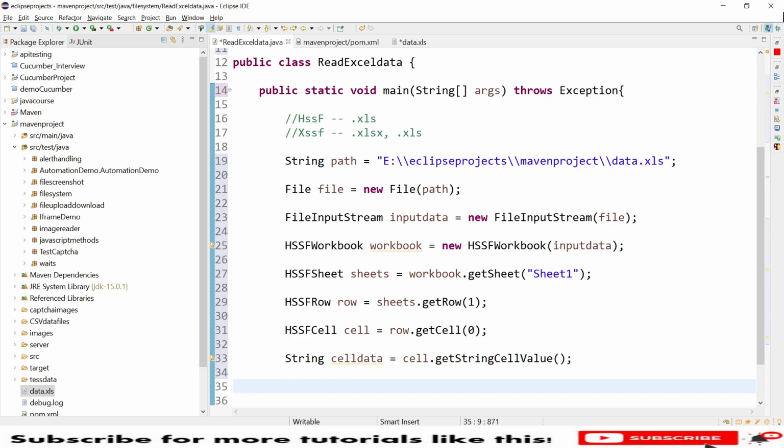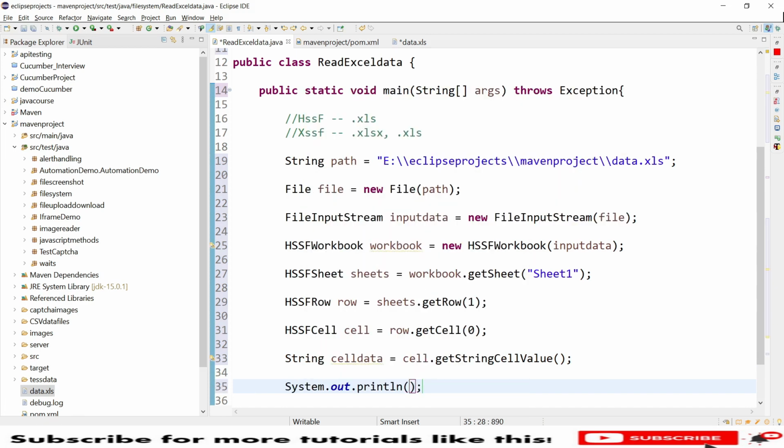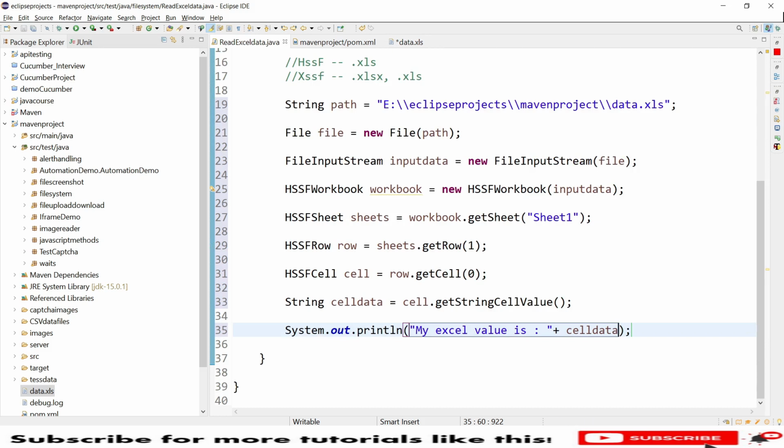Okay, now I need to print this into my console. My Excel value is, okay, and here my cellData I need to pass here. So this is our code.